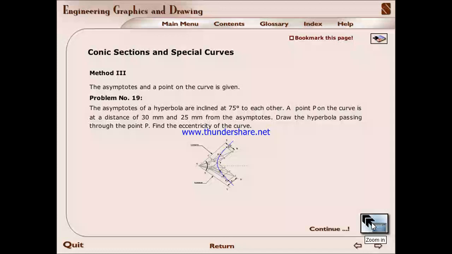Problem number 19. Asymptotes of a hyperbola are inclined at an angle of 75 degrees to each other. A point P on the curve is at a distance of 30 mm and 25 mm from the asymptotes. Draw the hyperbola passing through the point P. Find the eccentricity of the curve. Once again,